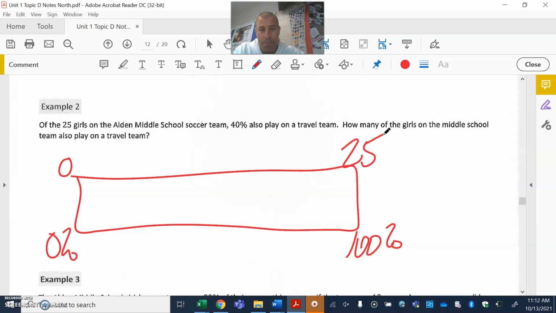40% play on the team. So where would 40% be? Well, a half would be 50%, kind of middle. So we're going to be a little bit before there. But it's 40%. So it's got to go down with the 40s. All right. So now,